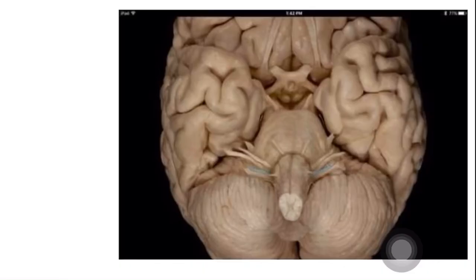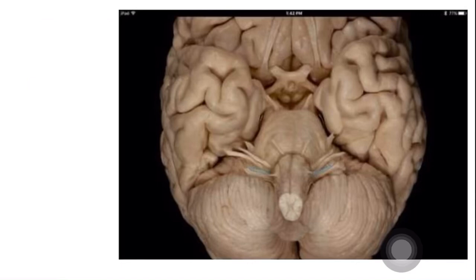The cerebellum has a few fissures. See, this is a real picture of the cerebral cortex with the cerebellum and brainstem. Here also you can see the cerebrum with sulci and gyri, but in the cerebellum you can see fine lines. Here you will have two fissures: one is the fissura prima, another is the horizontal fissure. With the help of the fissures you differentiate it into the anterior lobe and the posterior lobe, and if you go back you can see the flocculonodular lobe. There is a posterolateral fissure, and beyond that you have the flocculonodular lobe. So these are all the divisions of the cerebellum.